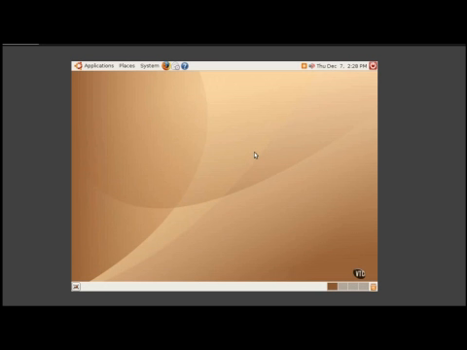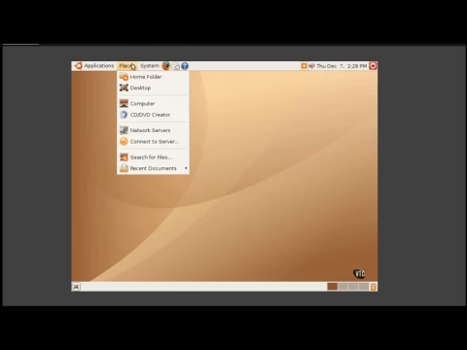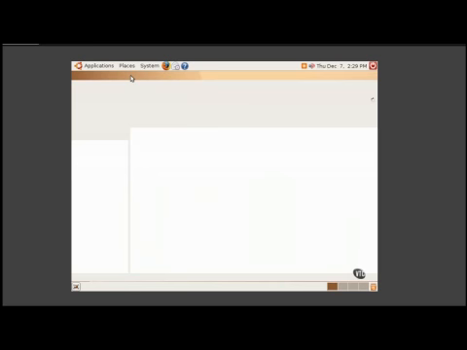The default file manager in the GNOME desktop environment that comes with Ubuntu Linux is called Nautilus. Nautilus is available in the menu tree under Places. This is one place to get the Nautilus File Manager. There are other ways to get it. By clicking on the Home folder, we'll open up the Nautilus File Manager.